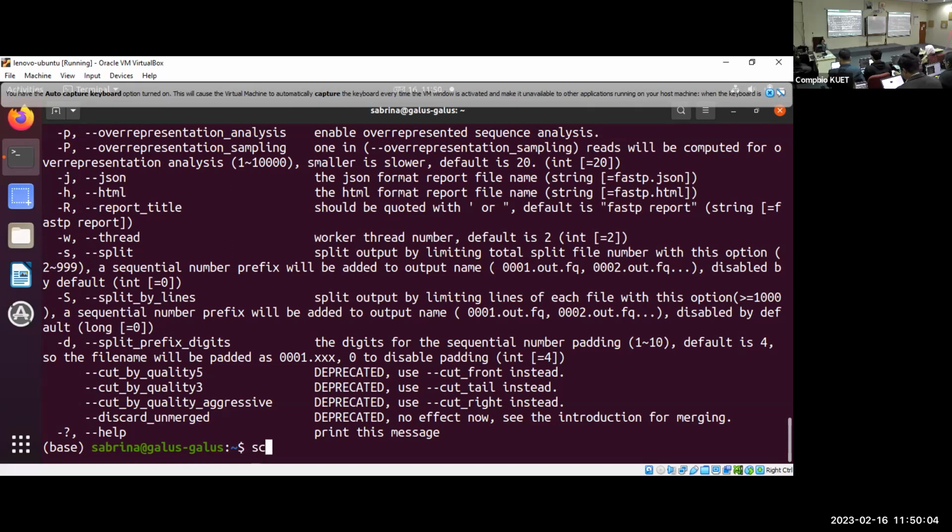It is SCP, secure copy, then dash small r. I made a mistake earlier, it was not the bigger one, it's the smaller. Then the name of the folder that you are trying to send, that is first Q analysis. This is the name of the folder that I'm trying to send to my HPC account. Then I will write down